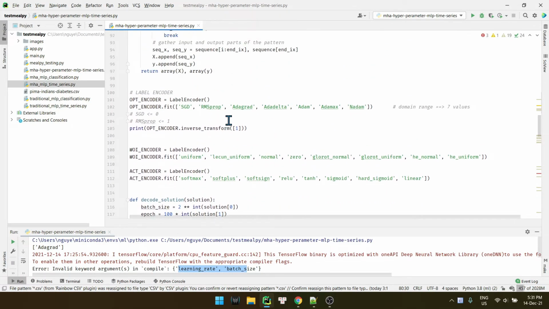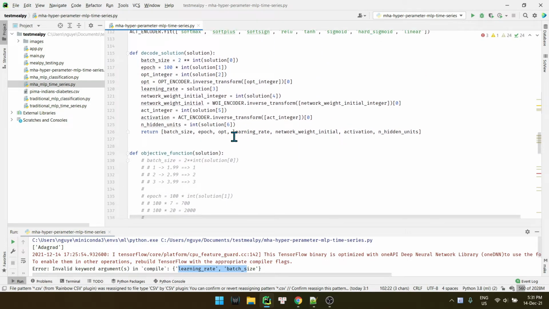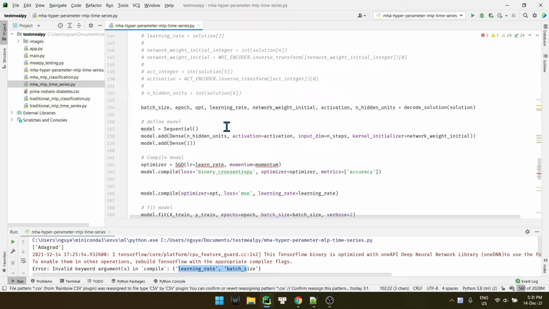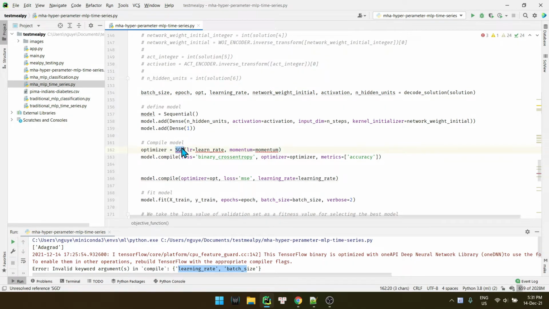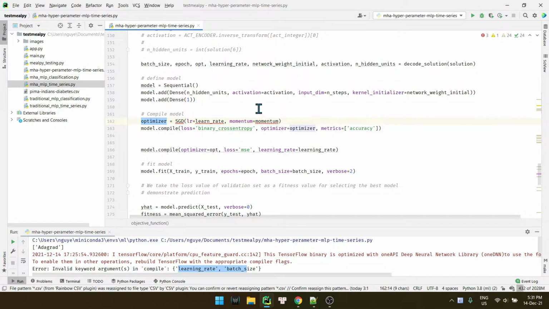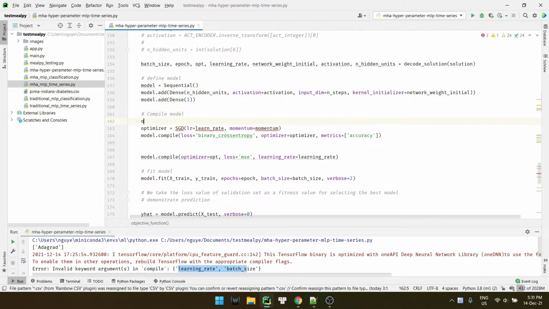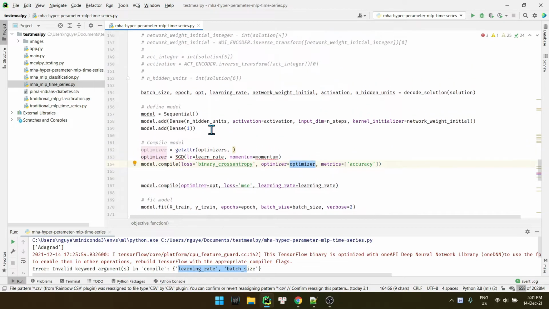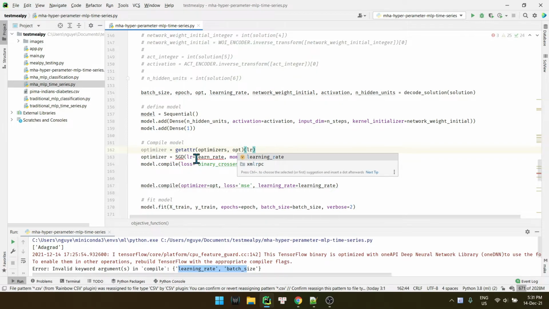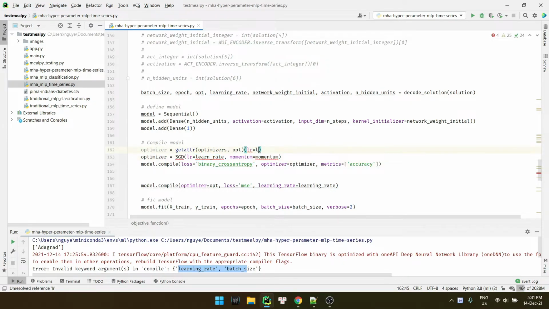I think we can get it by the string value like this, by getattr, right, like this, from the optimizers class, optimizers file, and we get it by the name, optimizer name, and then we create an object with the learning rate, learning rate equal to learning rate.